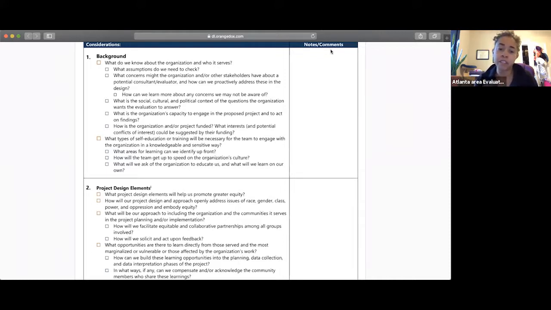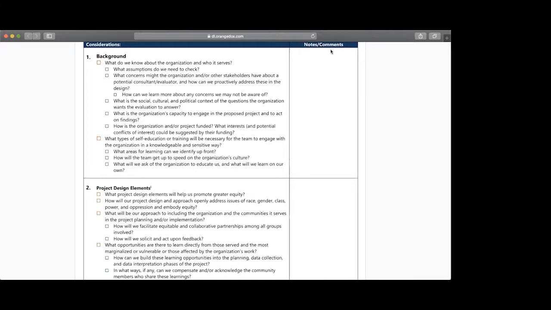There are references to participatory methods, for example, whereby you bring in community members who are typically on the opposite end of evaluations, responding to surveys, interviews, things of that nature, bringing them into the actual data collection and analysis and reporting phases. So in that way, it's a broader set of questions encouraging evaluators to think differently about how they approach evaluation. Is that helpful? Yeah, thank you so much. That's awesome. You're welcome.